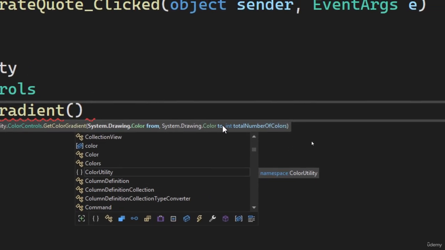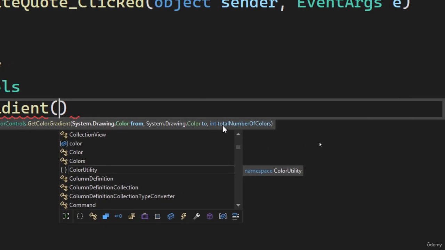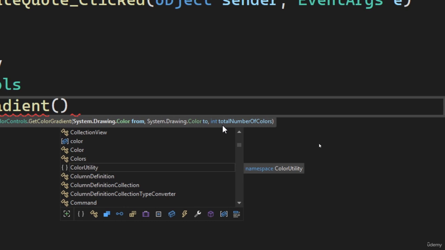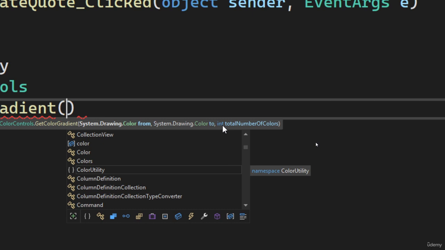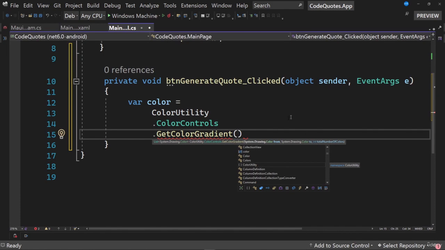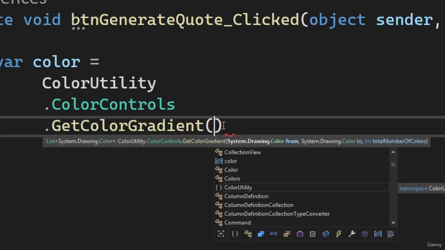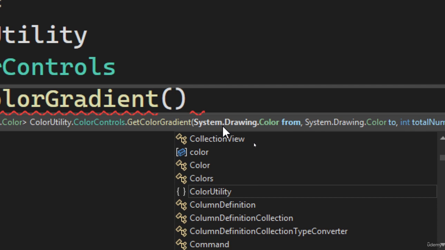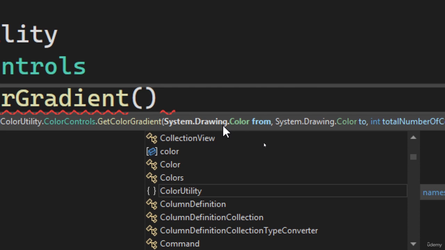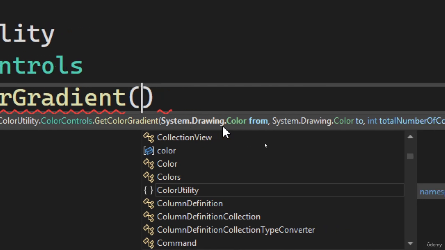We see that it asks us for an initial color, a final color, and the important thing is that we can specify a number to indicate how many transition colors we want between the initial color and the final color. So we see that it is a package that will facilitate the creation of the project, since it will allow us to generate the colors in a very simple way. But a very important point is that each of the colors that we must pass to the method belong to the namespace System.Drawing.Color. So we must match this type of color with the type of color that accepts a .NET